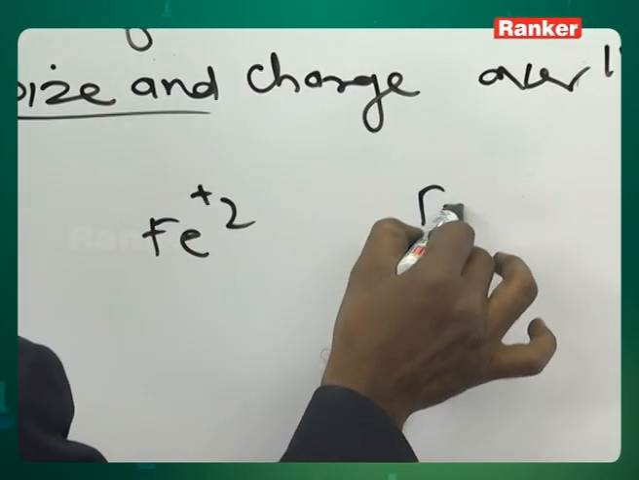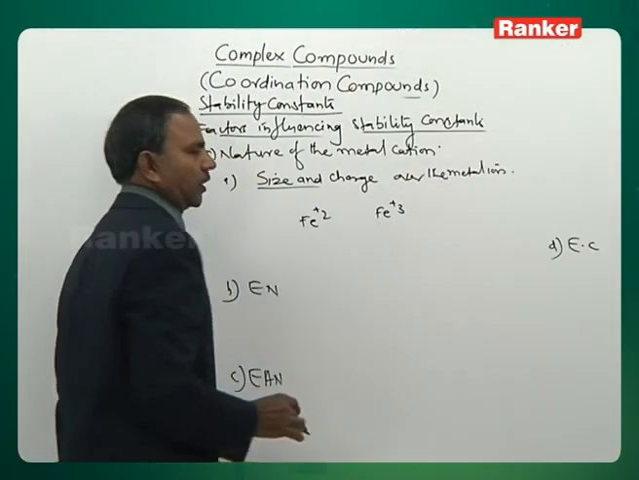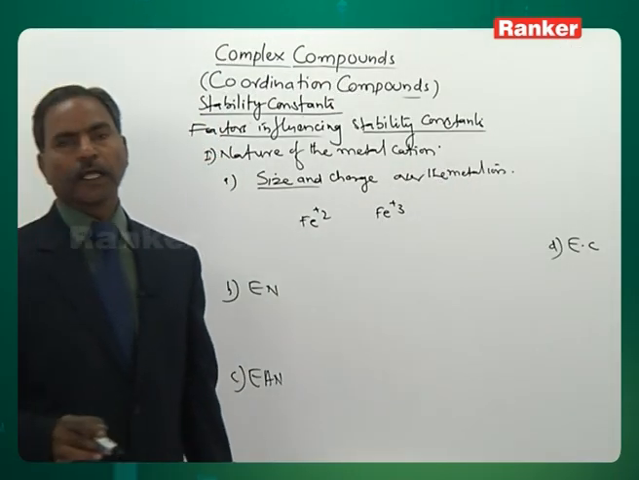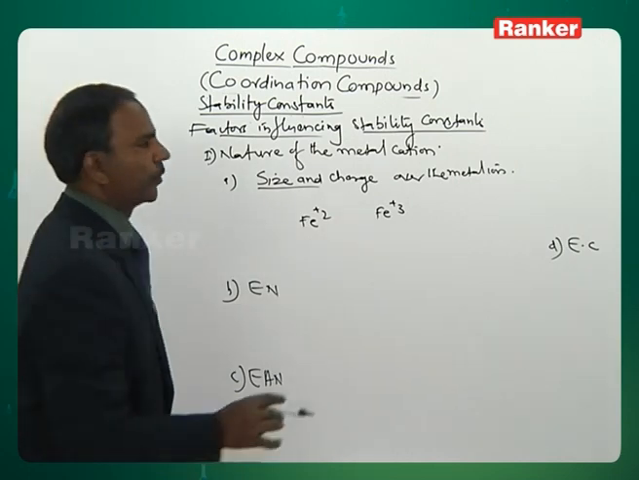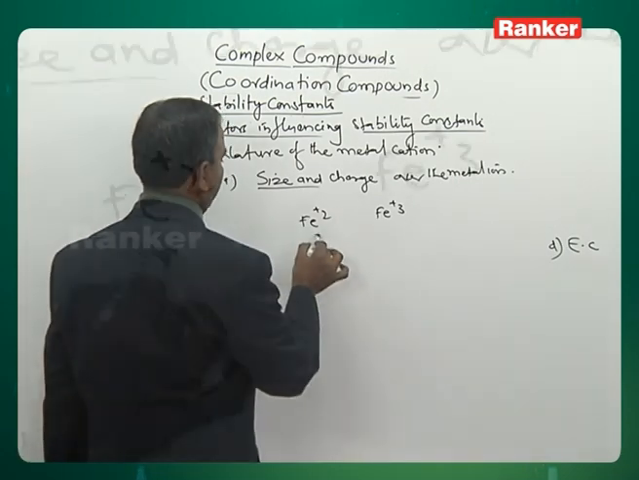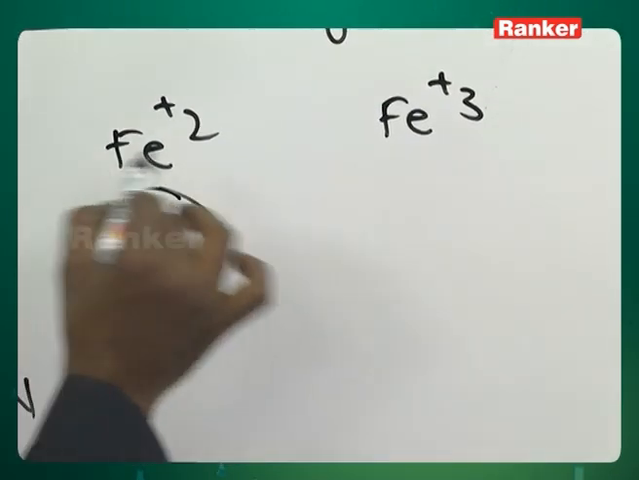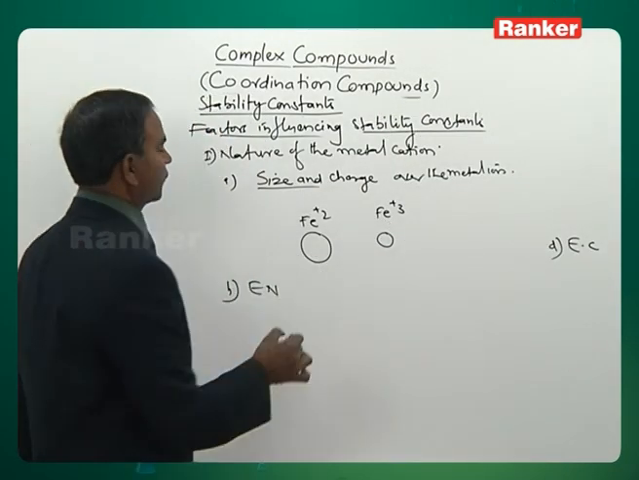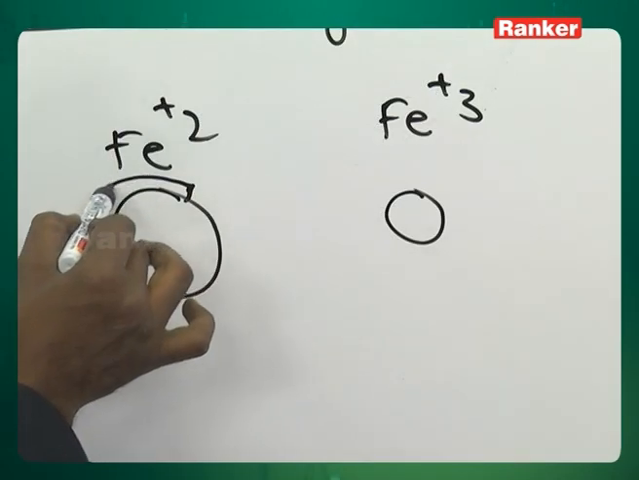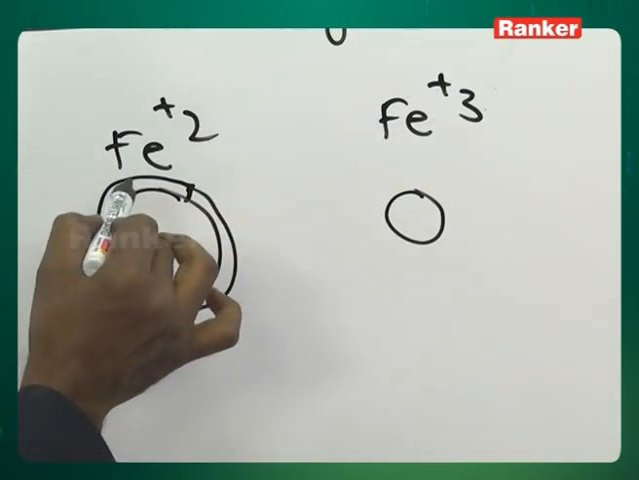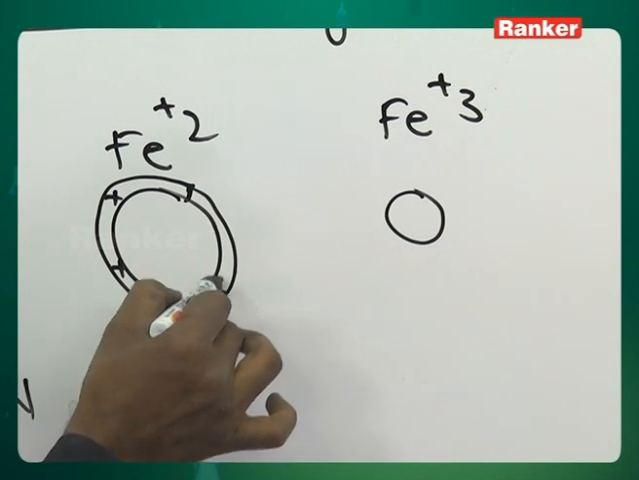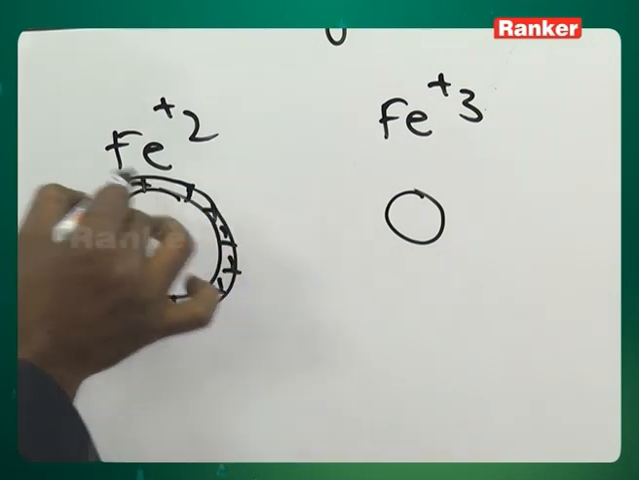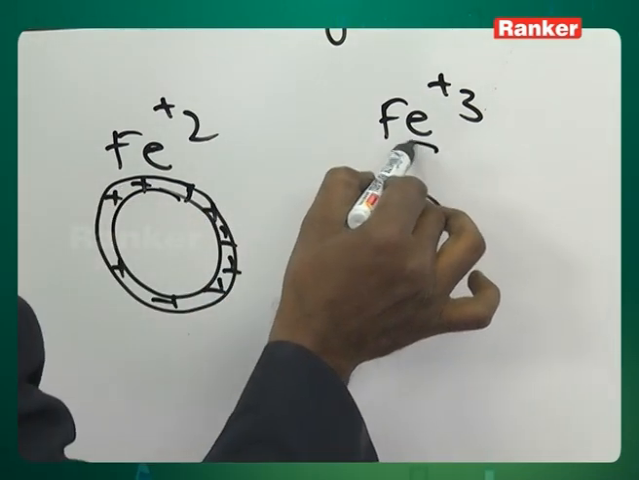Consider Fe plus 2 and Fe plus 3. You can easily say Fe plus 2 is bigger in comparison to Fe plus 3. Let me write: this is much bigger and this is a little smaller. Moreover, it is carrying plus 2 charge, so the charge density around it is thin. But here Fe plus 3 is